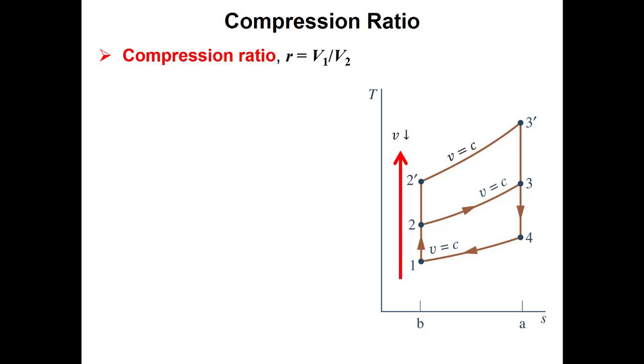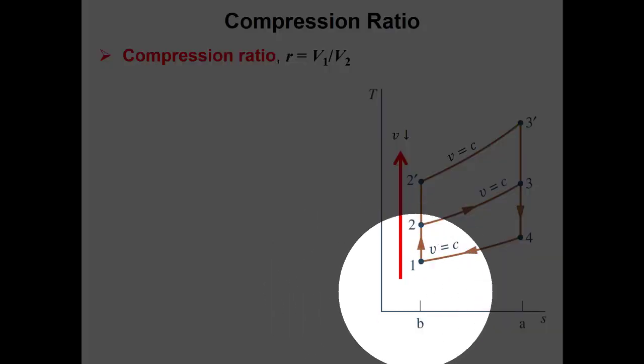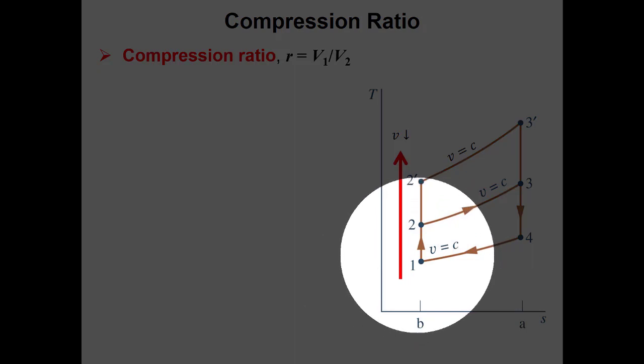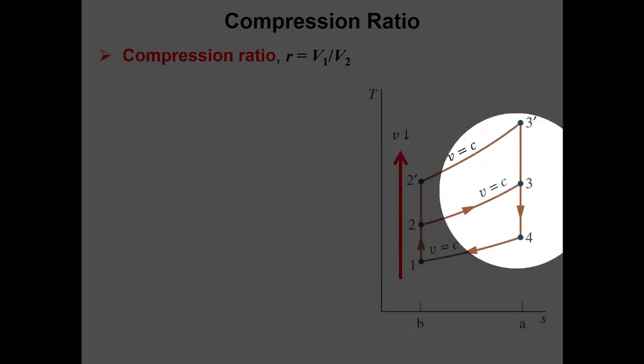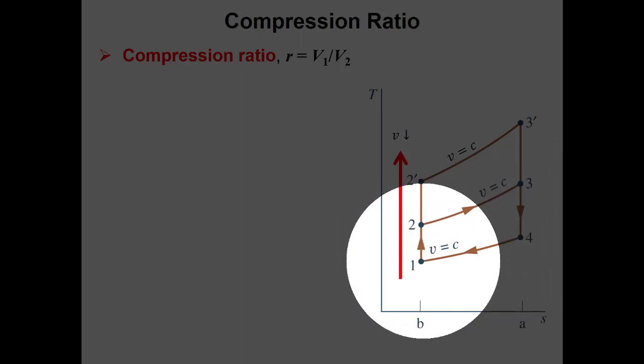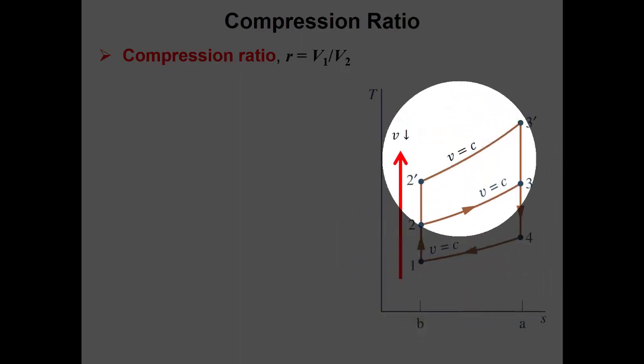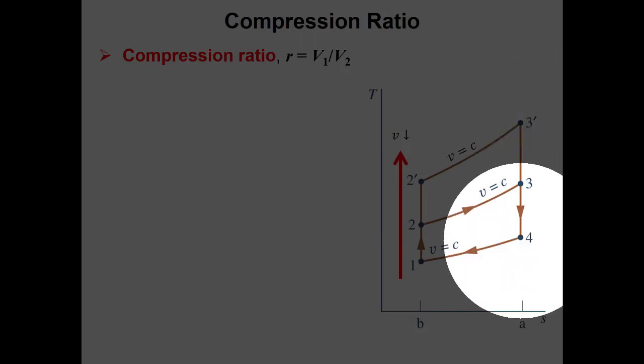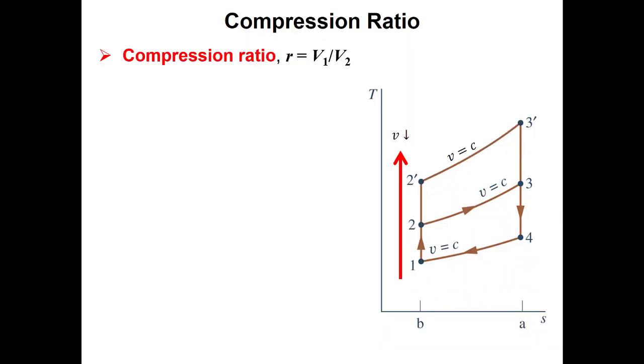So on this T-s diagram, if I have an engine with a lower compression ratio, then I'm going from state 1 to state 2 to state 3 to state 4. If I have a larger compression ratio, then I go from 1 to 2 prime to 3 prime down to 4, right? Now, when you look at this, you can tell me right away which of these two engines